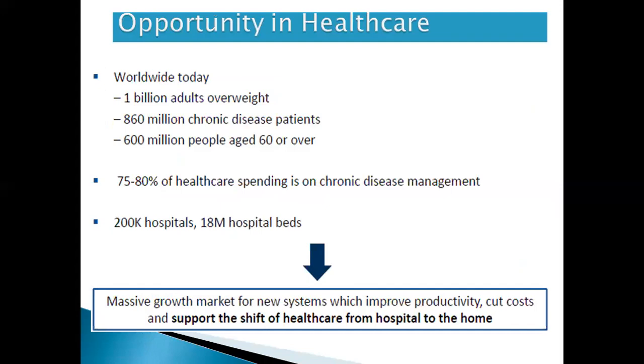Worldwide today, 1 billion adults are overweight. That many people have a chronic disease. 600 million people are aged 60 or over. 75 to 80% of people spend so much of their cost on chronic disease management. And there are approximately 200k hospitals and 18 million hospital beds. Now if you look at America, the European countries, or other countries, they have